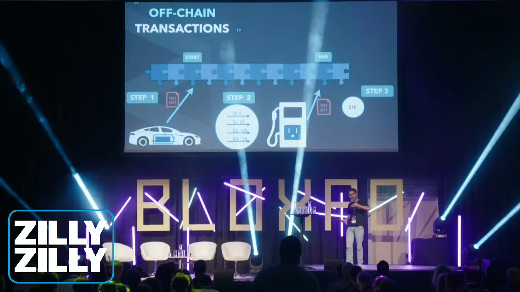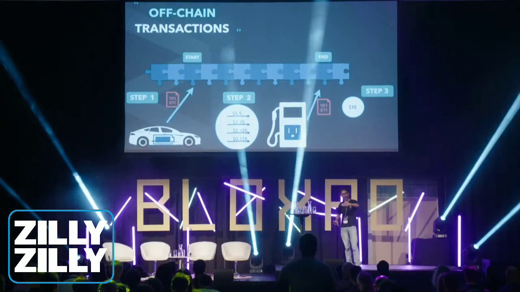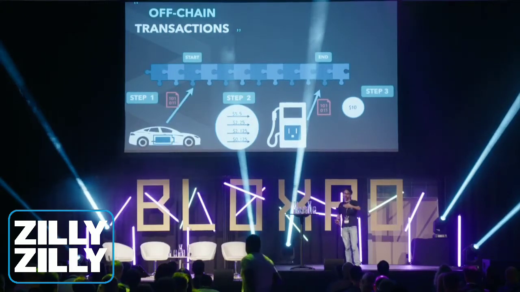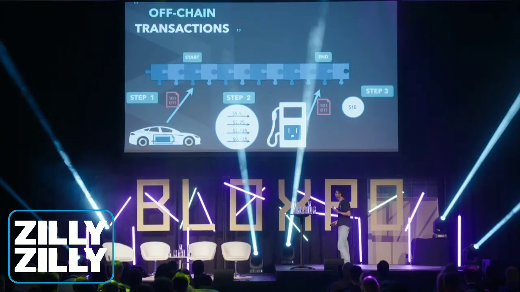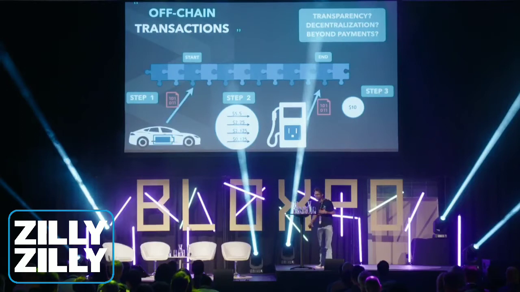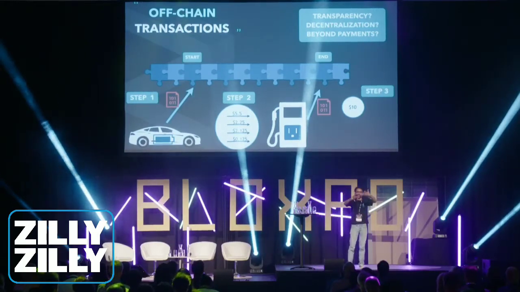So what you're trying to do is you're trying to move traffic from the main network and make it off-chain. And so you can have a very high throughput. But again, it has its own set of issues, which is essentially, you lose certain properties of the blockchain. You also sometimes have to maintain an overlay network on top of the main network. And it has its own set of issues.